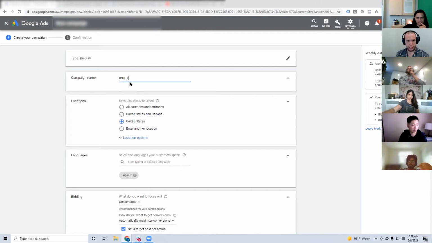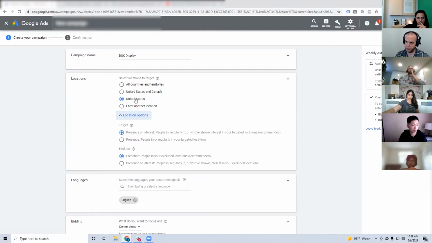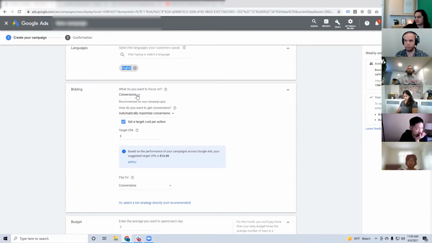DSK display, choosing your location settings. Again, display can go very far and wide everywhere. So choose this presence as normal and exclude the recommendations area. You need to use the language because this is going to go on other people's websites to make sure that your English speaking ad is on an English speaking website. On display in the beginning,